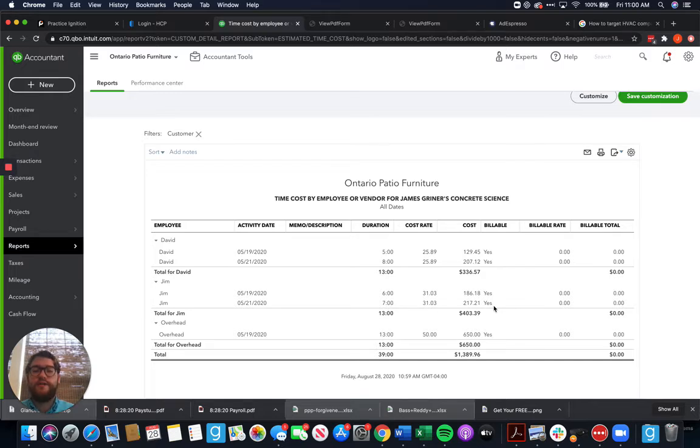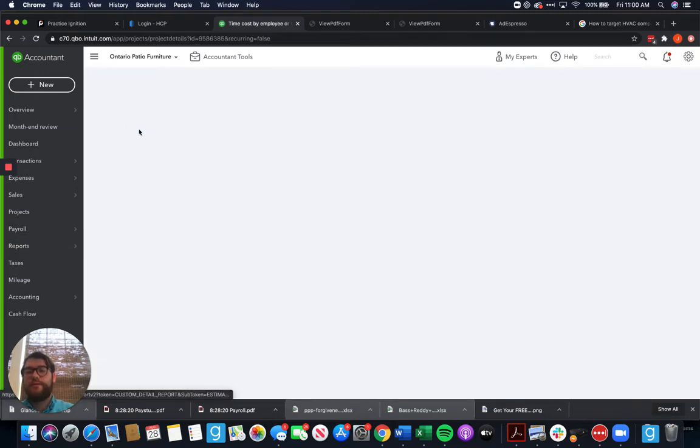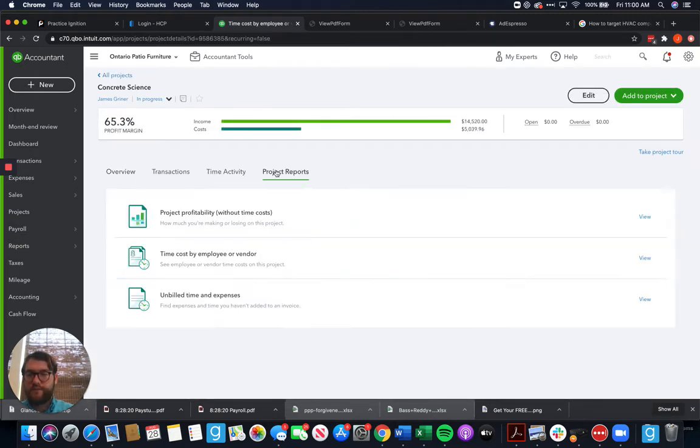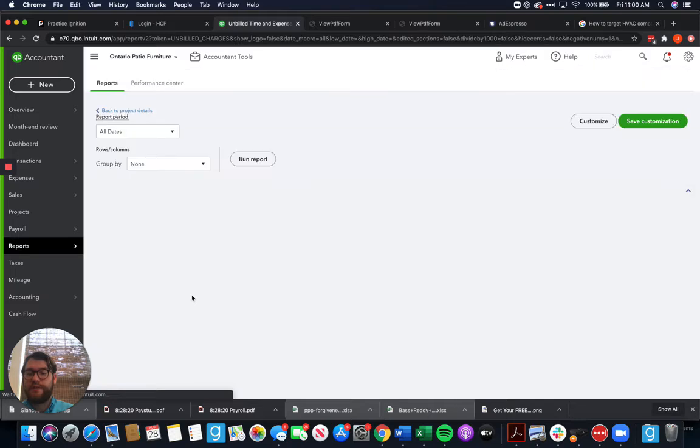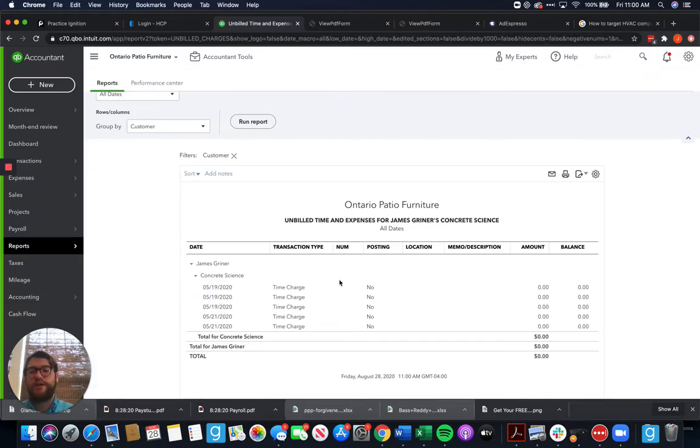An example of that is going to be with Housecall Pro and Jobber. Since you invoice through those systems, those billable expenses won't go over and they will forever stay there. And that's what this next report goes over, is unbilled time and expenses. If you mark time charges, if you mark expenses billable, then this will tell you if you've missed billing anything